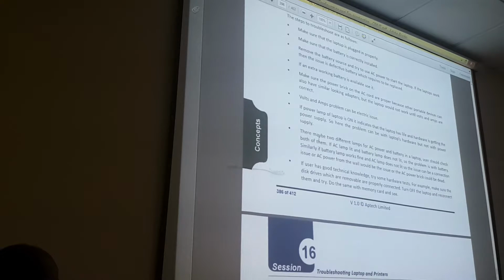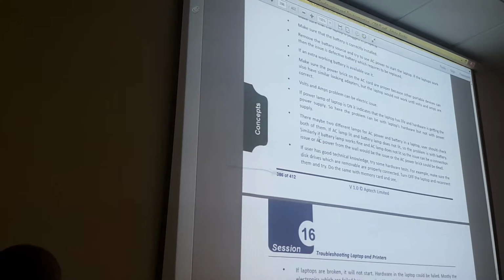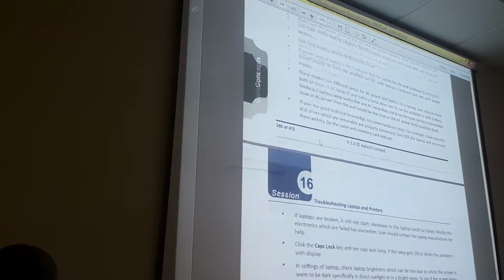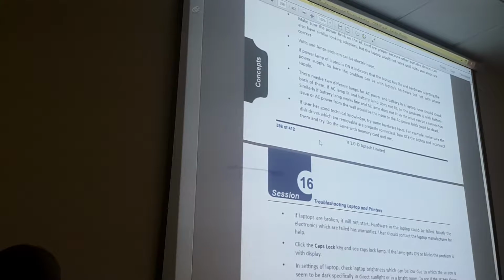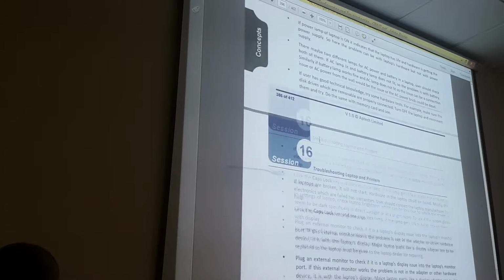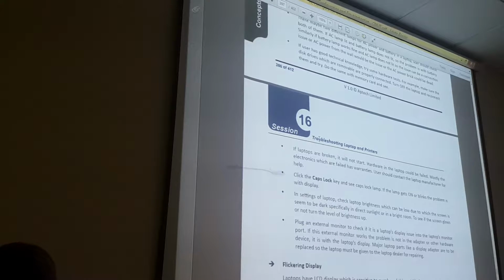Plug it in properly, make sure the battery is correctly installed. You check the battery, you can remove it and put it in again. Remove the battery and the AC power source. Try an extra working battery if available. Basically you just have to check things physically. Sometimes in an HP laptop you have to remove the battery and hold the power button for some time